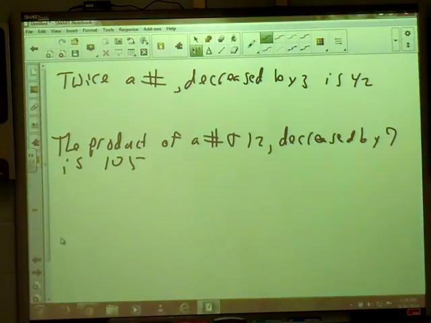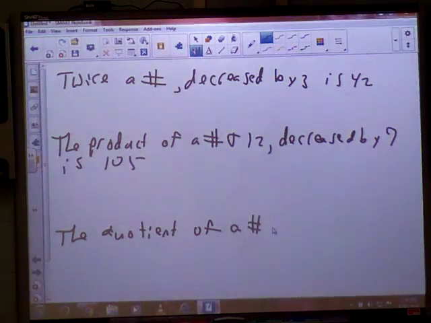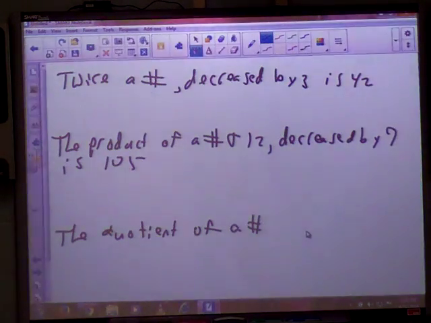And then the third one we're going to look at says the quotient of a number and the number plus 4